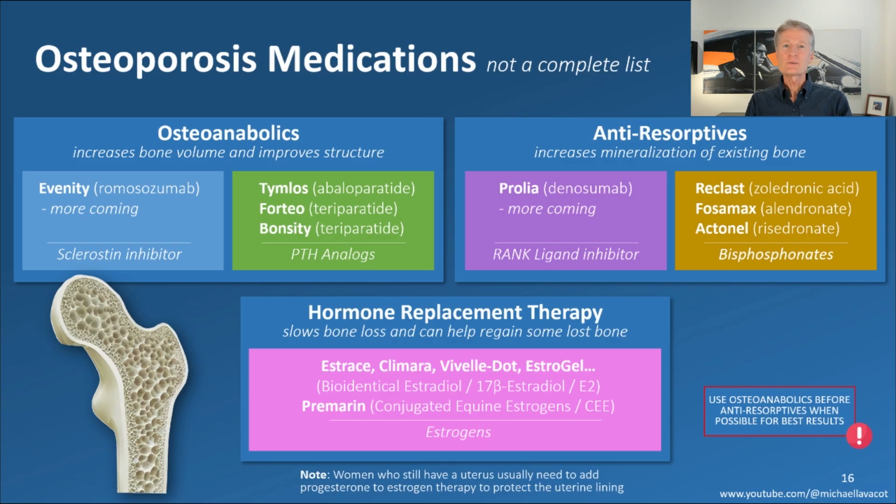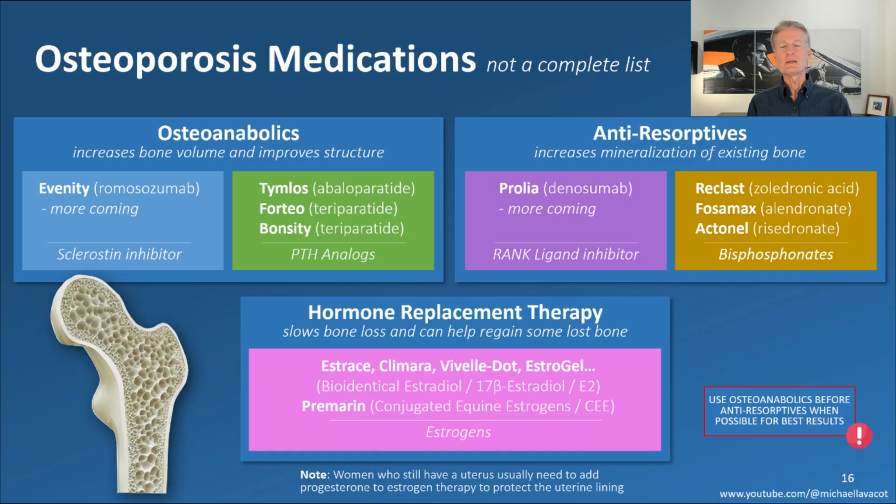So there are various drugs over here in this camp. Prolia is one of them. And then there's a second subclass here of bisphosphonates: Reclast, Fosamax, Actonel. There are others over here as well. These two work differently. Prolia is very unique, and I'll show you that in a second. But Prolia is also believed to, actually it does thicken some of those webs, at least to some extent, where the bisphosphonates don't.